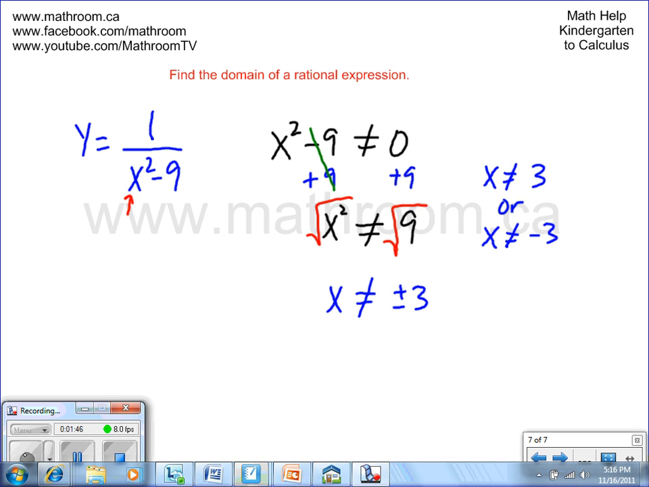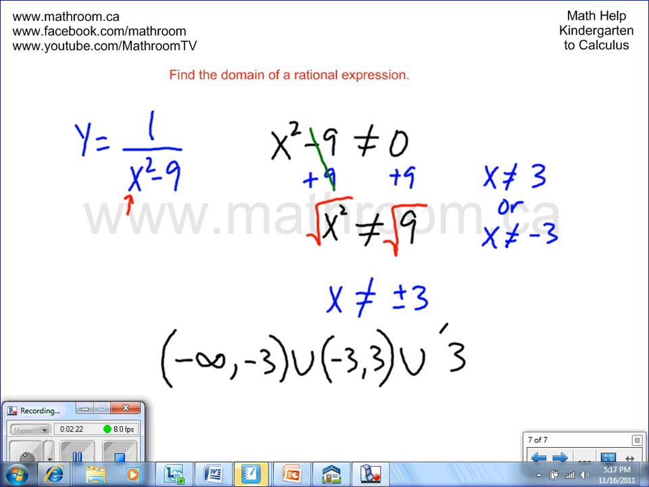Okay, if we write that in interval notation to now show what x can be for this expression, we'll write it like this. Anything from negative infinity all the way up to minus 3, but not including minus 3. So we're going to put a round bracket here. And we're going to join that with the set anything from minus 3 to 3, but not minus 3, round bracket, and not 3, because that'll make the denominator 0, round bracket, union anything from 3, but not 3, round bracket,